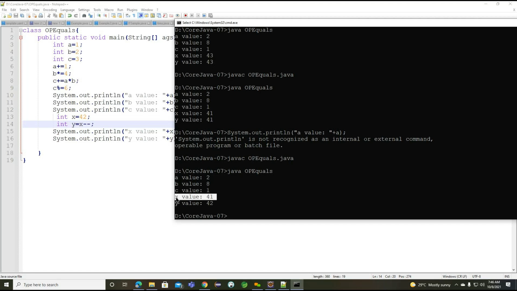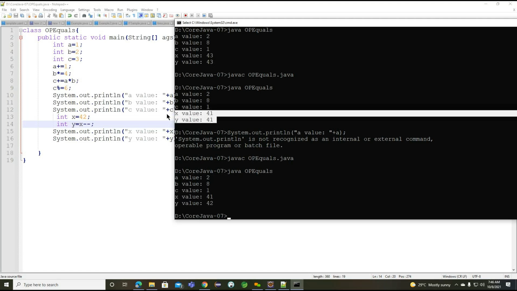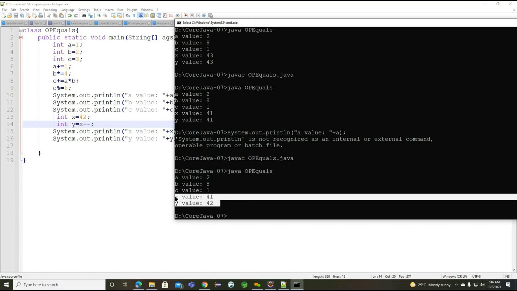Now the x value is decreased to 41, but the y value, you can see, is still 42. With the pre-decrement operator, x and y have the same value, but with the post-decrement operator they are different. Getting the point? So this is what we need to understand about pre-decrement and post-decrement, and the same way with pre-increment and post-increment.